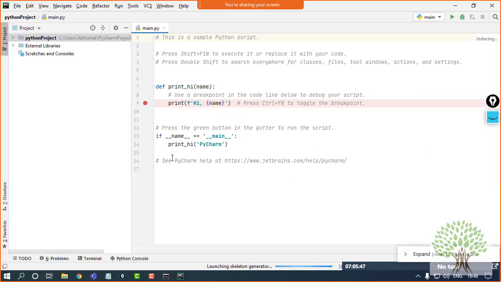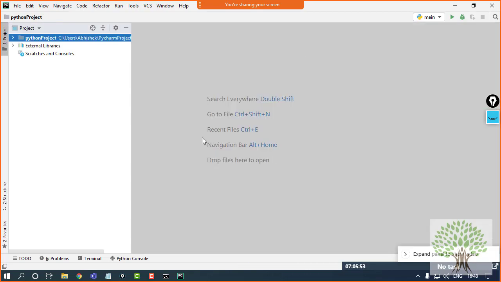So a PyCharm project has been loaded. This is a default file that opens up. You can close it, there is no requirement to keep it open. The left hand side is the workspace. Whatever files and packages you will be creating will all be shown up over here. And below is the console, which is going to come up once you write some code, and at that time you will be able to see the console. And this gray area that you can see over here is your workspace.